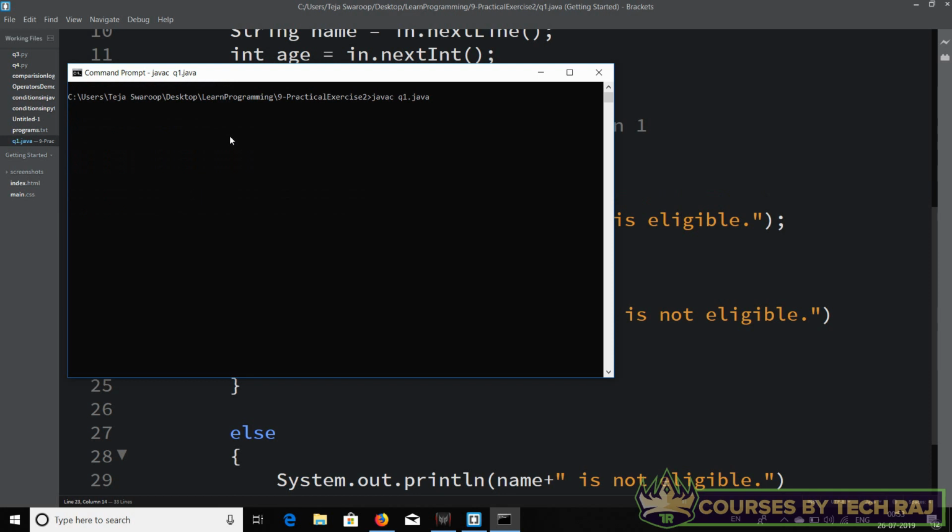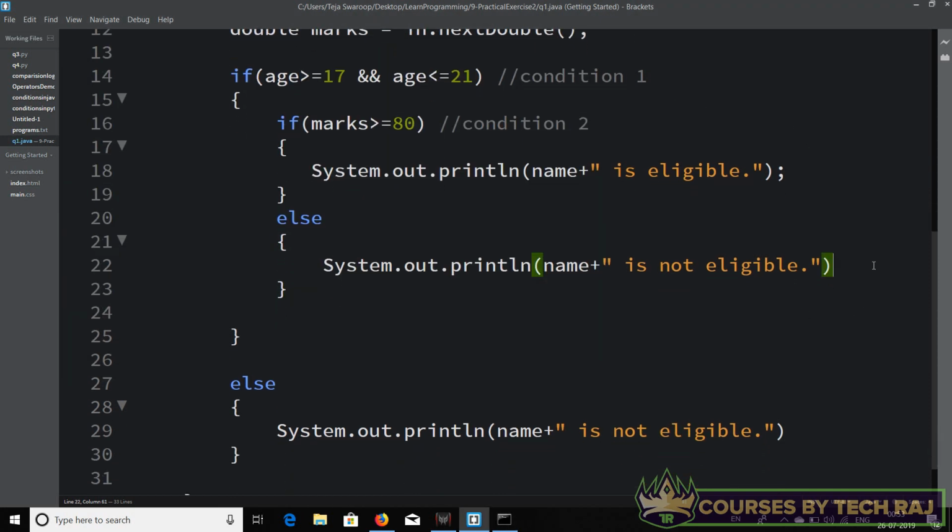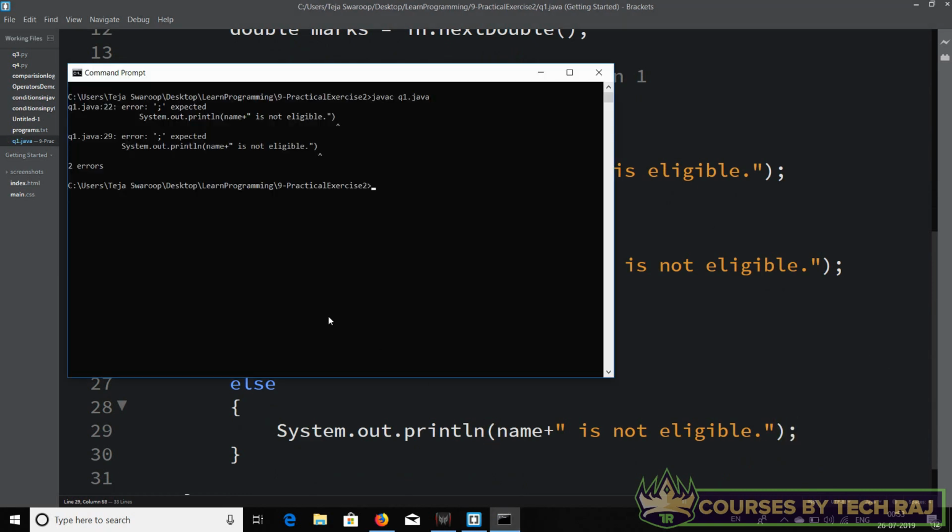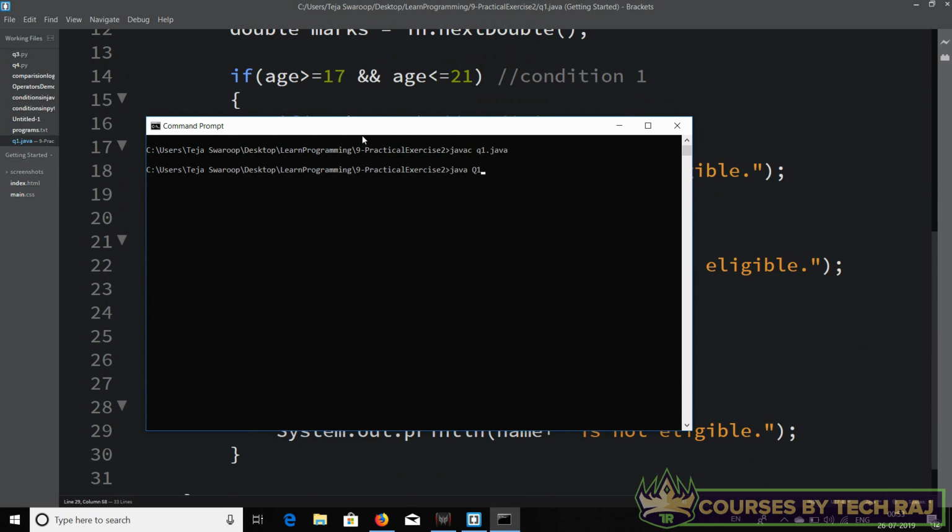Hope there's no syntax errors. Oh, okay, there are syntax errors. I forgot to actually put a semicolon right here for these two statements. So yeah, I fixed it anyway. Let's go ahead and compile this, and there we go, no compilation errors. Let's run this file now, java q1,